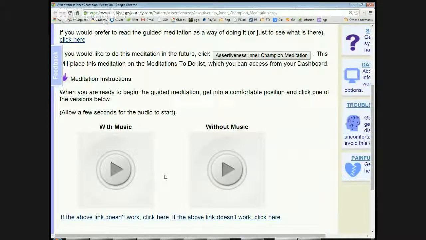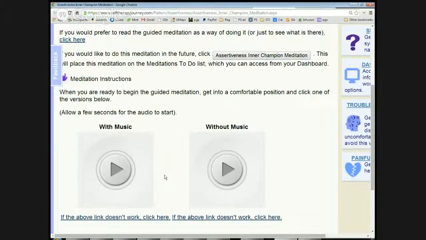So right now, a little change of pace. We're going to switch from my showing you this to me doing a little guided meditation with you, to help you access and find your own inner champion for whatever healthy capacity you'd like to develop. So let's go back and do another guided meditation. Again, get into a comfortable position, probably with your spine fairly straight. Close your eyes, go inside,